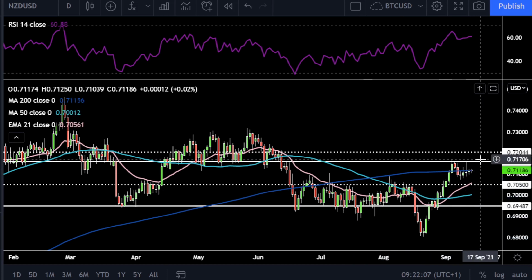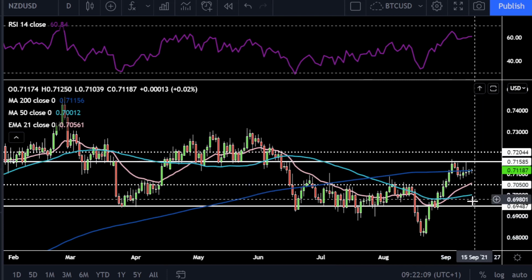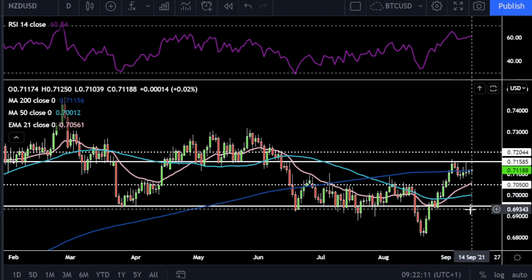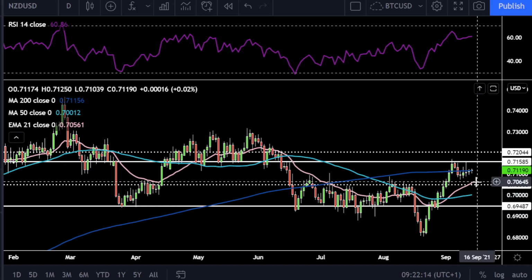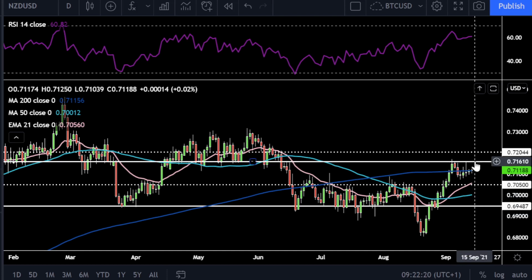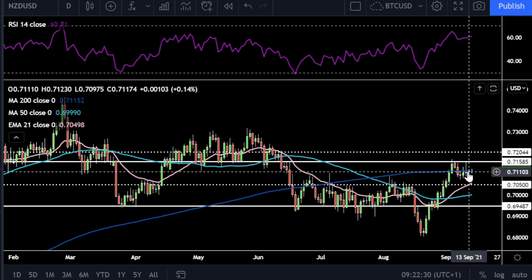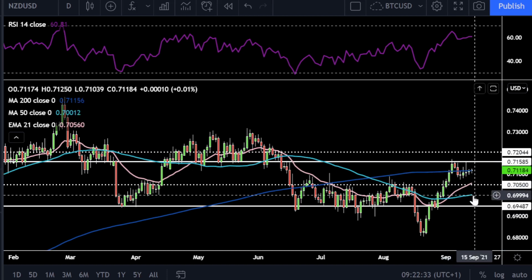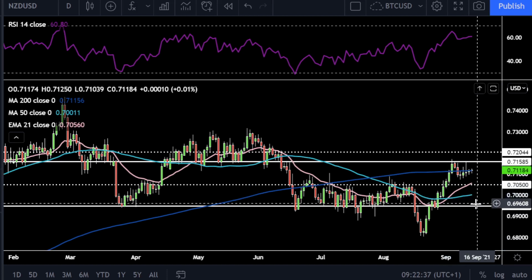And yeah, it's in this range to me. It looks like 0.715 and 0.695, with the midline of that range around 0.705. Above there, if it breaks up above this range resistance, it will target 0.72. And if price was to pull back, we could see it come back down to the 0.705 midline where the 21-day exponential moving average is, as well as 0.7 where the 50-day simple moving average is, and slightly below there we've got that range support at